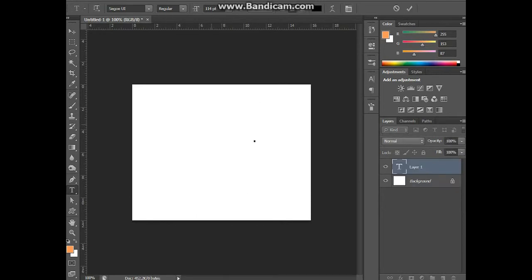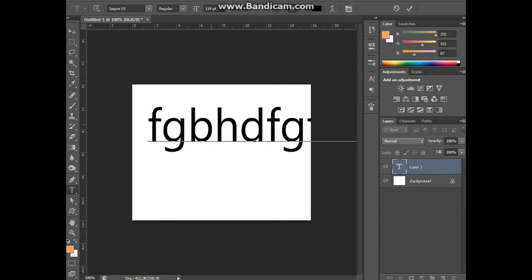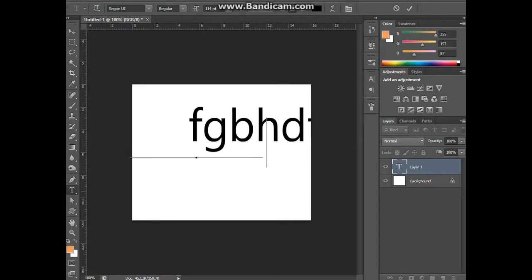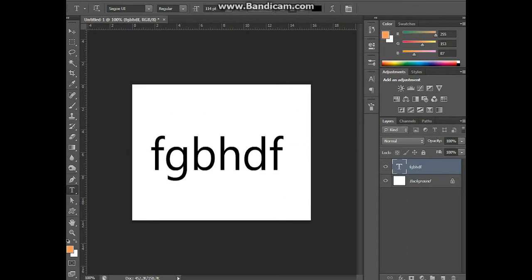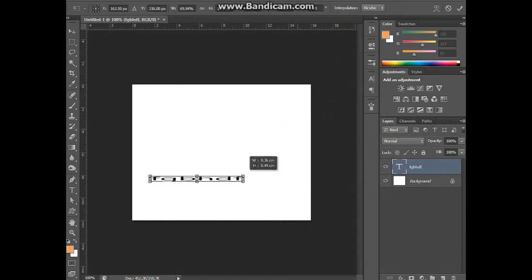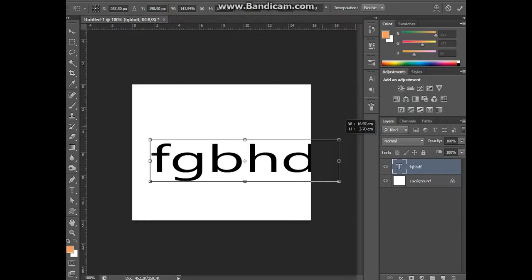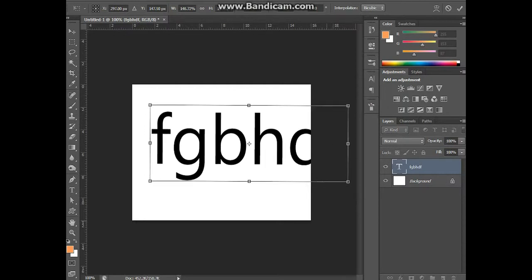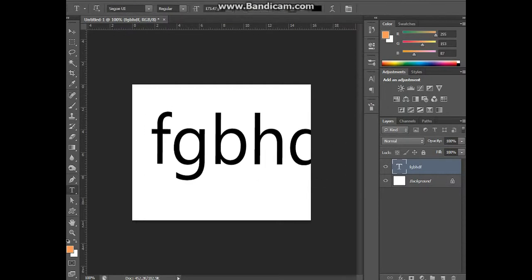One thing that a lot of people don't know is you can use free transform on text like this, and it will automatically change all your settings for, see, put it up to 173.47. It will automatically change all your settings in the text. So you're not actually losing quality because it will adjust for you and it will give you the highest quality